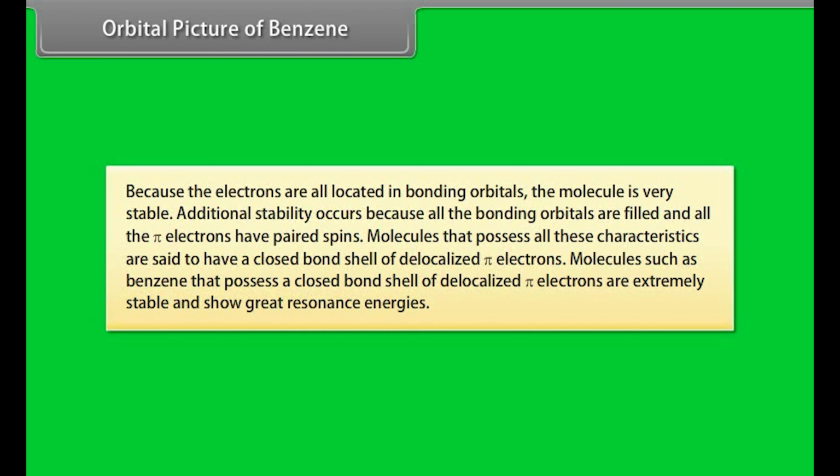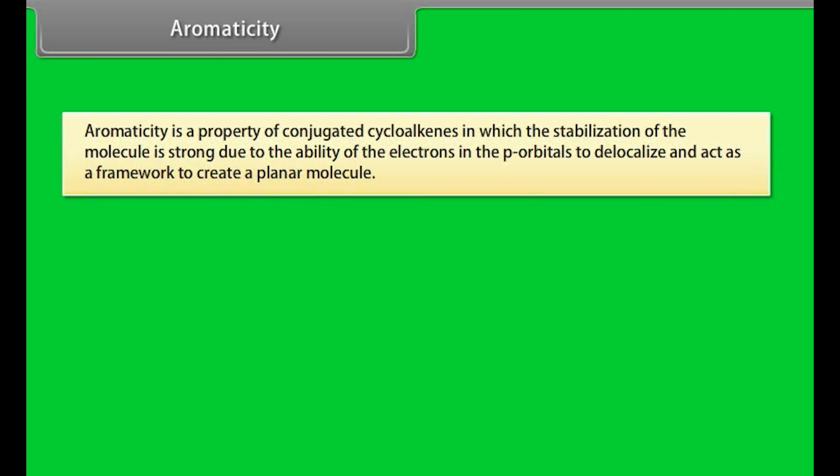Additional stability occurs because all the bonding orbitals are filled and all the pi electrons have paired spins. Molecules that possess all these characteristics are said to have a closed bond shell of delocalized pi electrons. Molecules such as benzene that possess a closed bond shell of delocalized pi electrons are extremely stable and show great resonance energies. Aromaticity. Aromaticity is a property of conjugated cycloalkenes in which the stabilization of the molecule is strong due